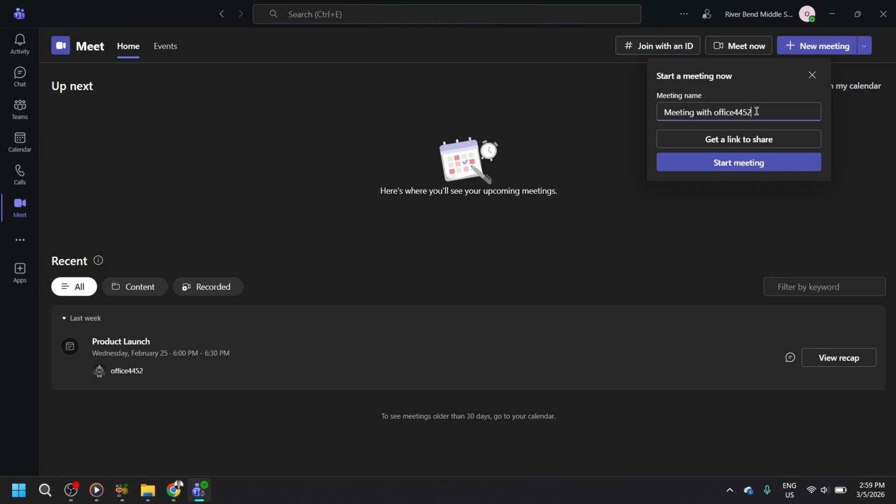Here, before you officially join, you'll notice a field where you can rename your meeting. By default, Teams might assign a generic name like Meet Now or include your name, but it's highly recommended to give your meeting a more descriptive title. A clear name helps participants understand the purpose of the call